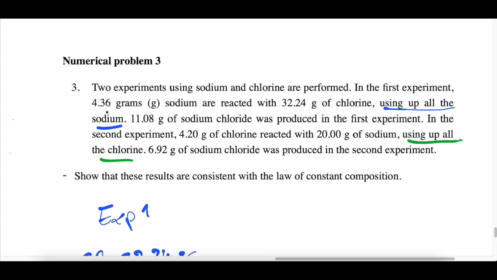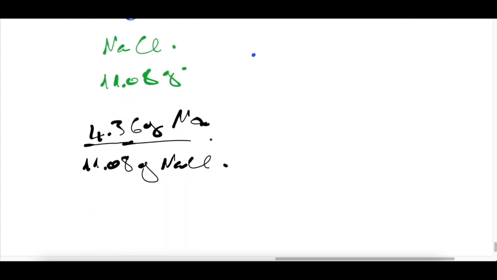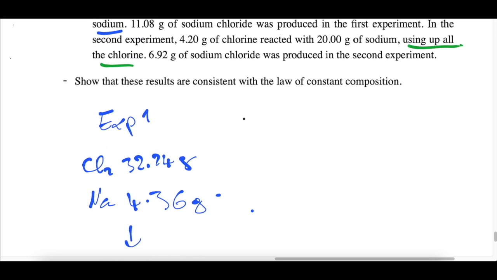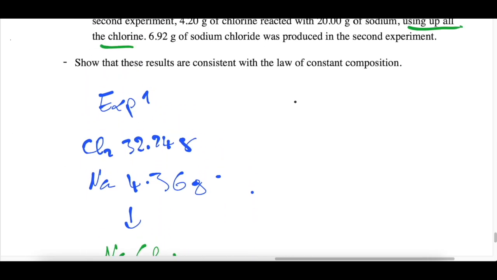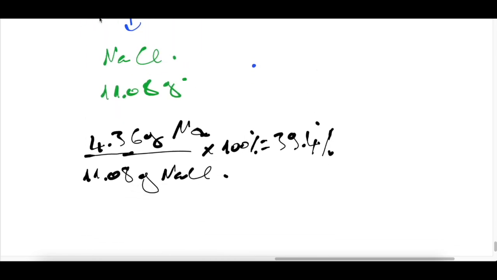The smallest mass will be totally consumed. So we can obtain the percent of sodium in the sodium chloride, and by doing this calculation we got 39.4%. If this is consistent with the law of constant composition, we must find the same percent of sodium